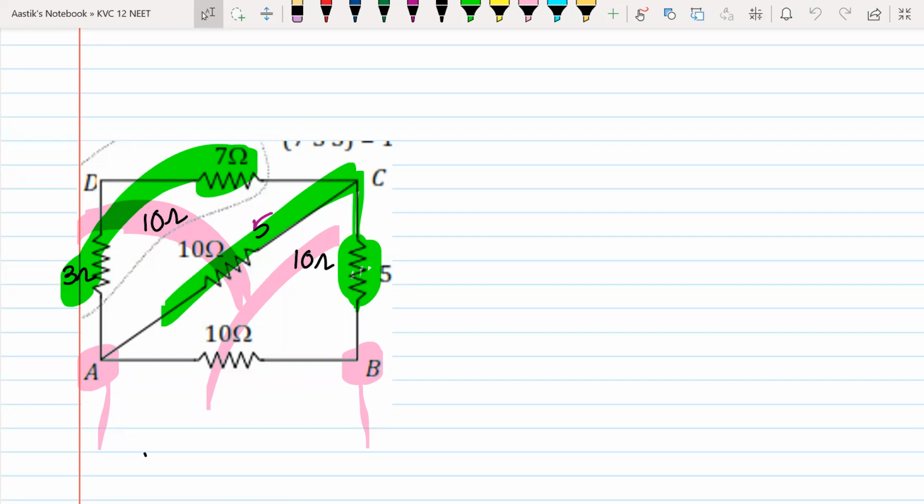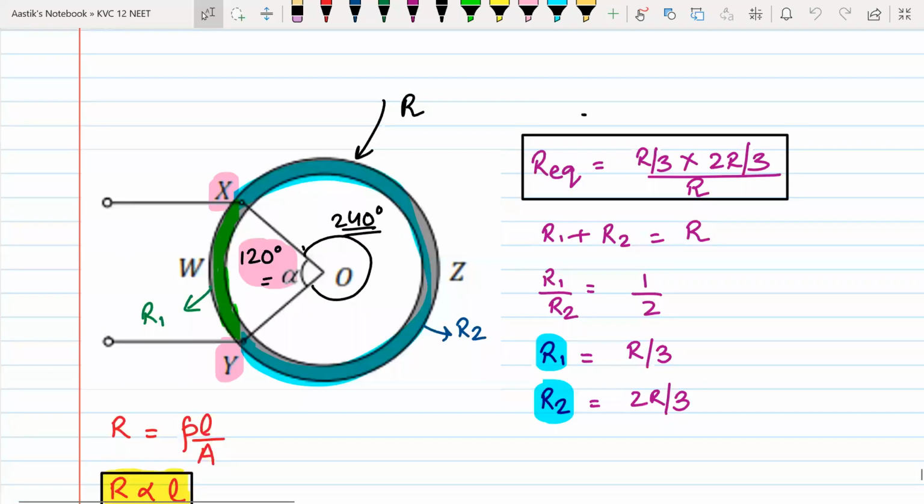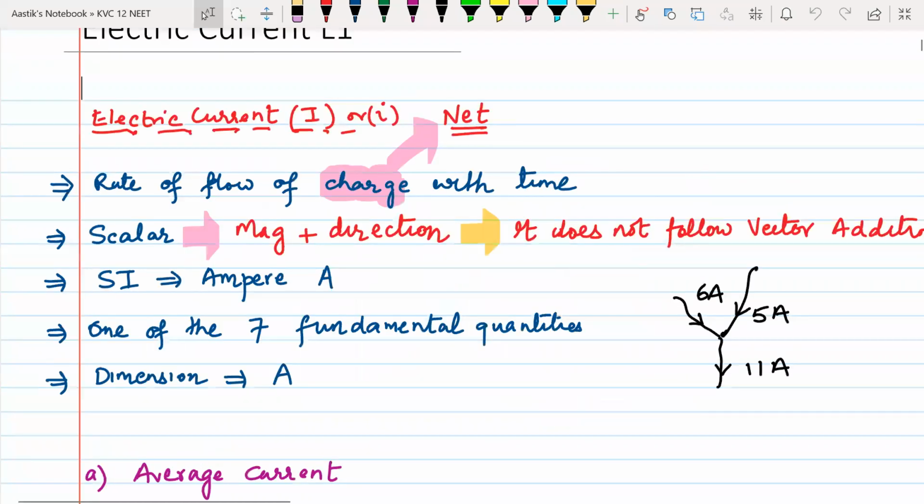Just to have a quick recap, series parallel combination we had seen. And I think this was the last question that we did, where a wire was bent in the form of a circle, and we had to find out the